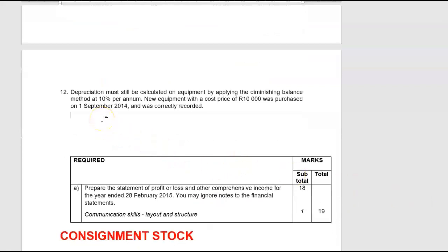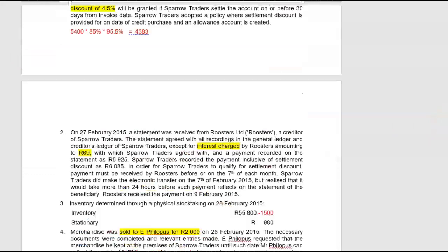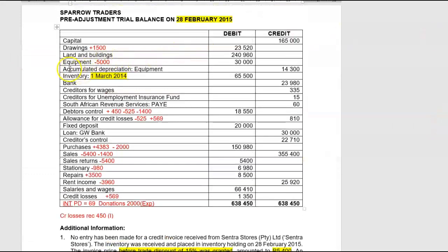So what we're going to do is we're going to say, okay, well, what is my actual value? It's 30,000 less 5,000 equals 25,000. That's the cost price of equipment. Then we're going to say, well, wait, included there was new equipment of 10,000 Rand. So that means that old equipment was equal to 15,000 Rand. Our accumulated depreciation, as in our trial balance, hasn't been adjusted with the current year's depreciation at all. So this must be our opening balance,